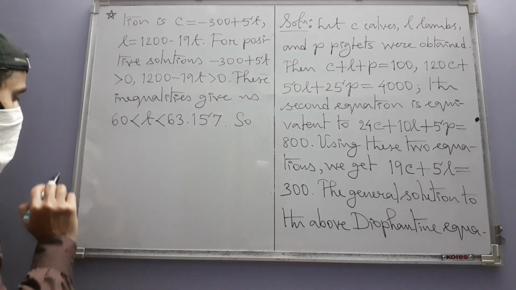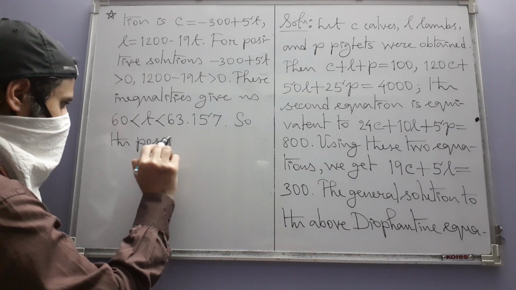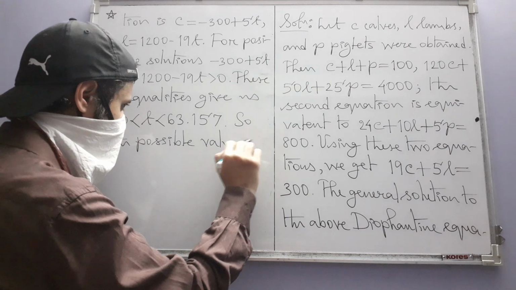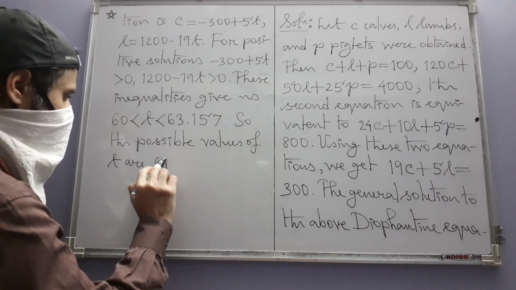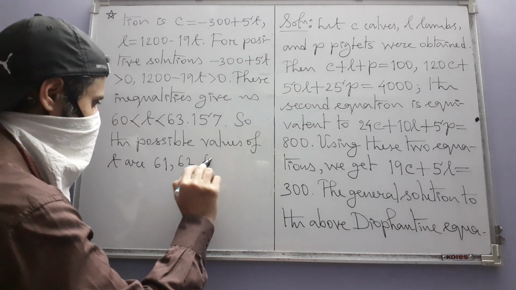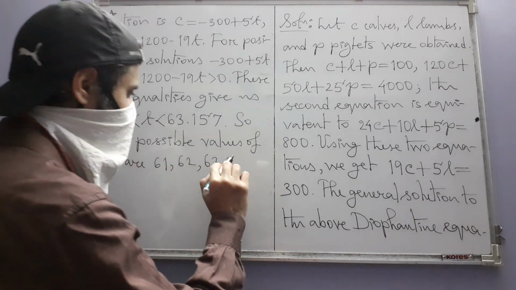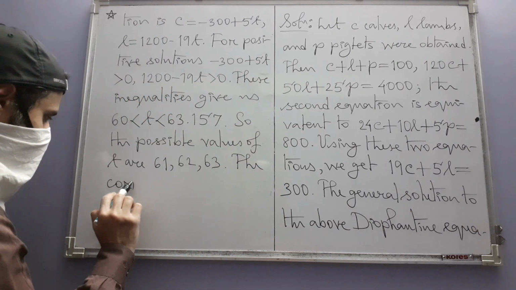So there will be three possible values: 61, 62 and 63. So 63 will also be there, and the corresponding